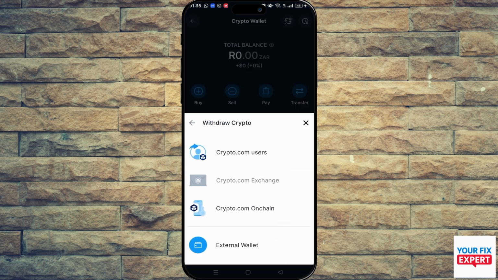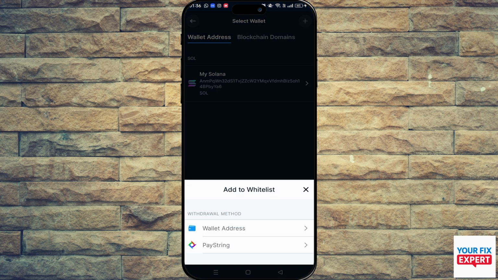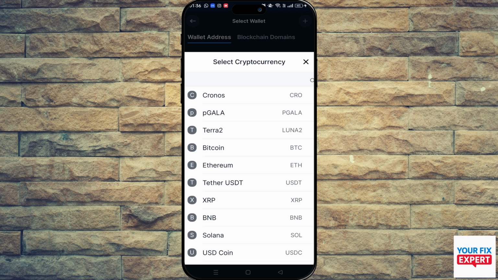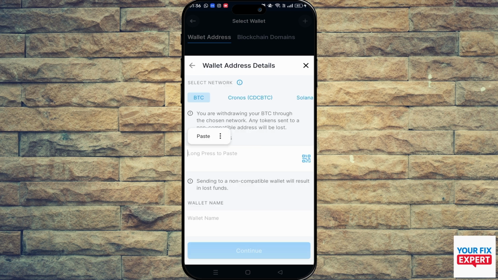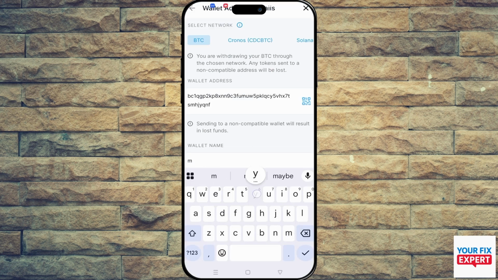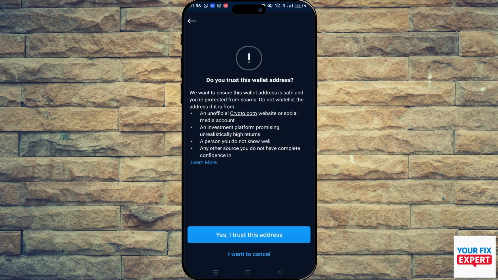choose External Wallet, and then we want to go to the top right and click on the plus icon if your wallet is not here already. Here we'll select the cryptocurrency that this wallet is for that we're about to add. And here we're going to paste our wallet address. So get that from whatever app you are using, and then type in the name of your wallet and hit